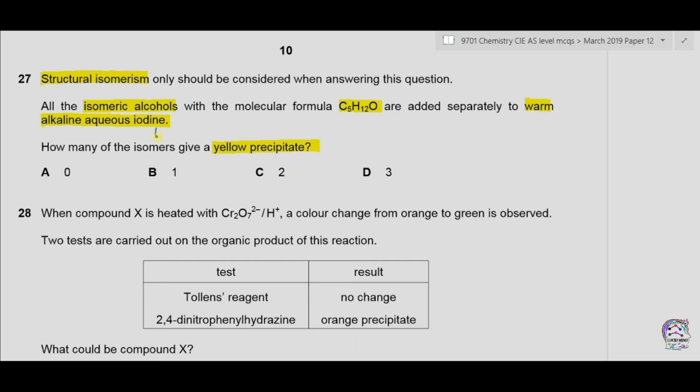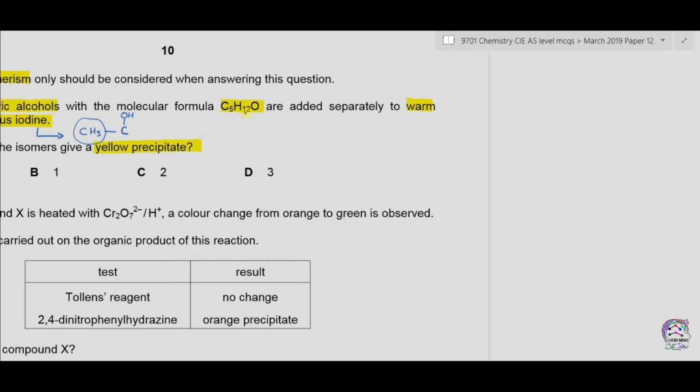Now alkaline aqueous iodine will give the positive results with only those alcohols that have a methyl group directly attached to the carbon atom, which is attached with the OH functional group. If there is no methyl with the carbon atom having the OH group, then there will be no positive result. Let's draw possible structural isomers of C5H12O and see which ones have a methyl group attached with the carbon atom